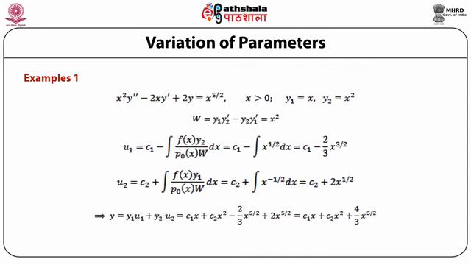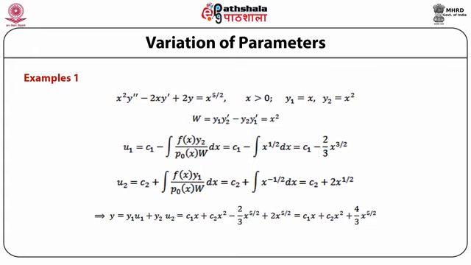So, the Wronskian W given by y1 times y2 prime minus y2 times y1 prime will be equal to x square. u1 will be equal to c1 minus integral of f(x) y2 divided by p naught (x) W times dx